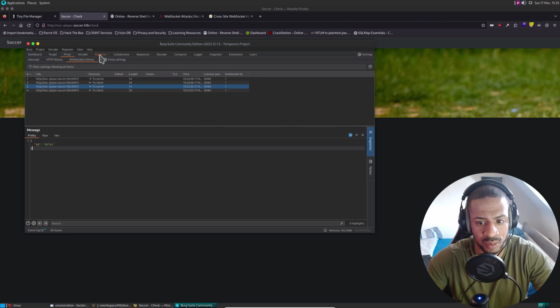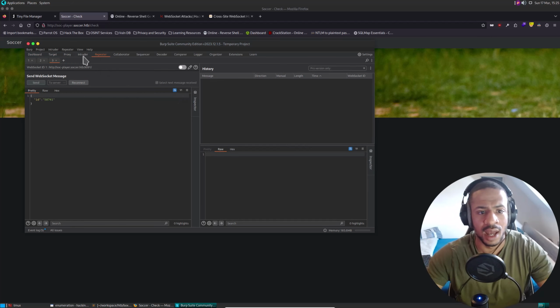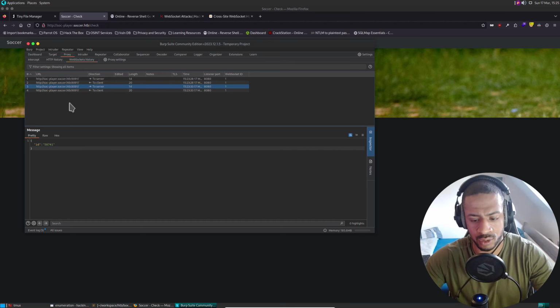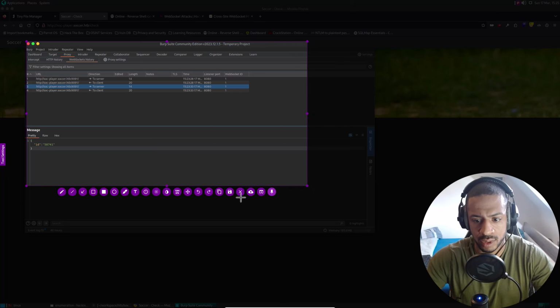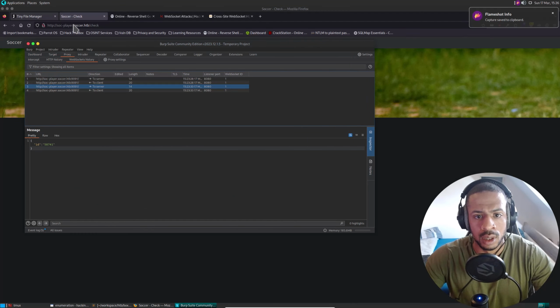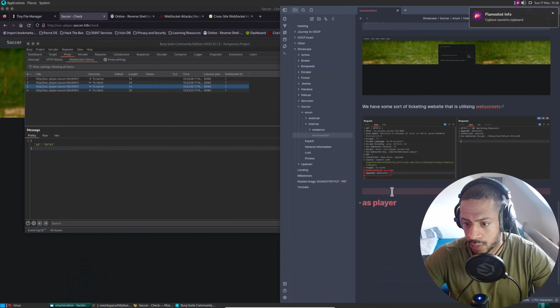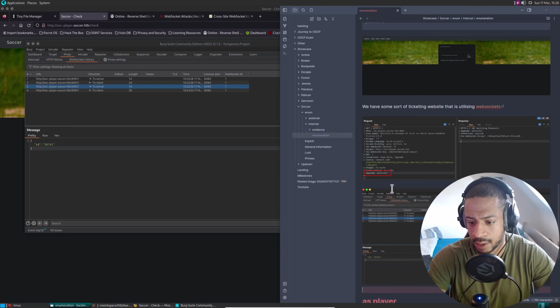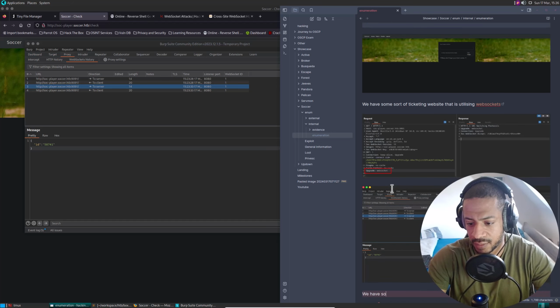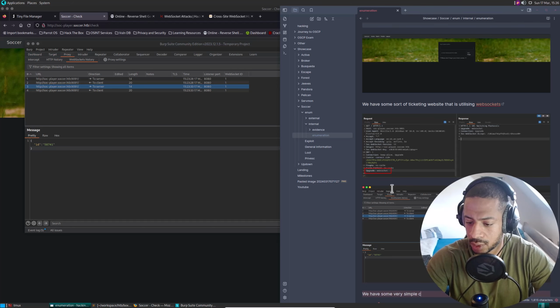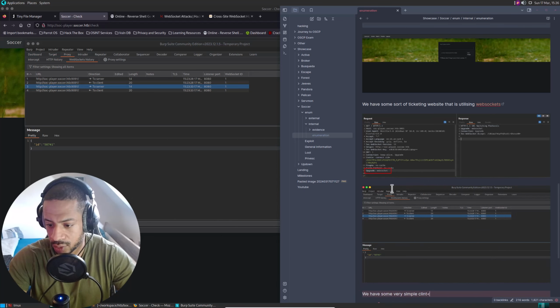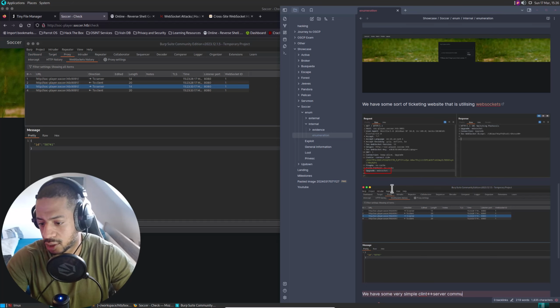So let's send this to repeater. And first, let's also take a screenshot of this for our notes. We have some very simple client-server communication.